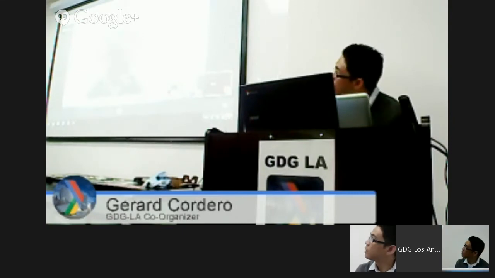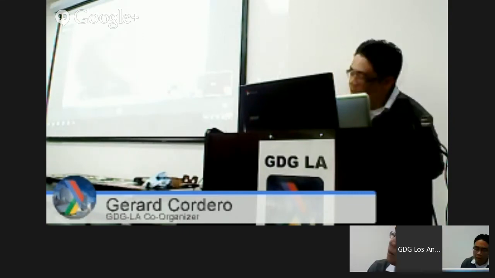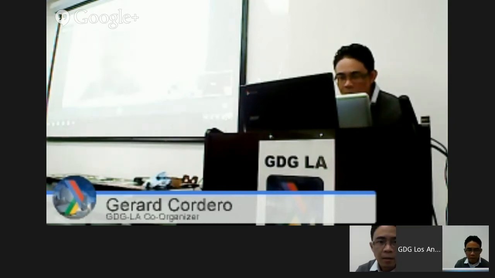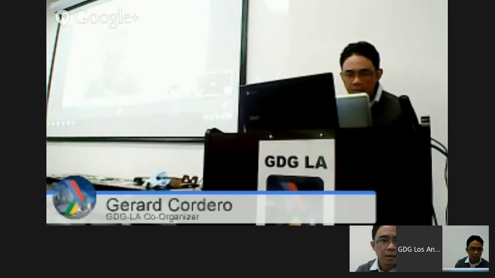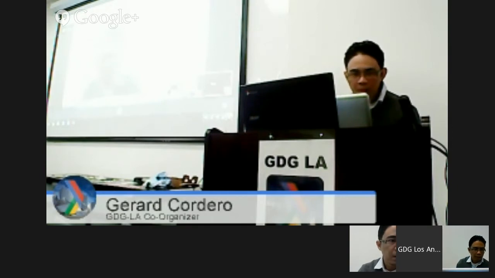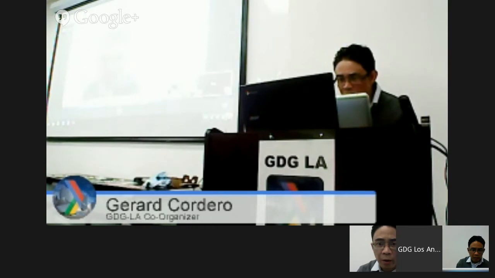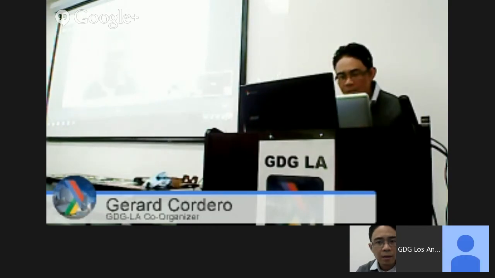Move your mouse all the way to the left so you get the little sidebar that pops up. So choose screen share, and then choose which screen share. Desktop or Hangout. Desktop. Choose desktop, and then start.